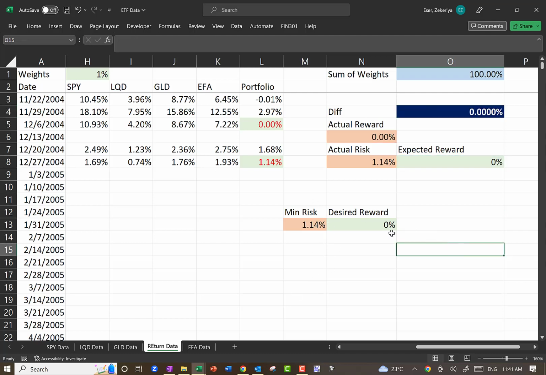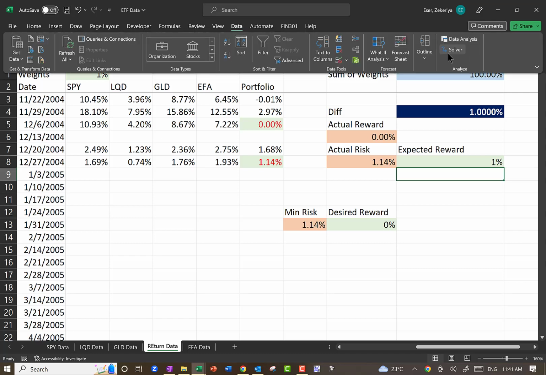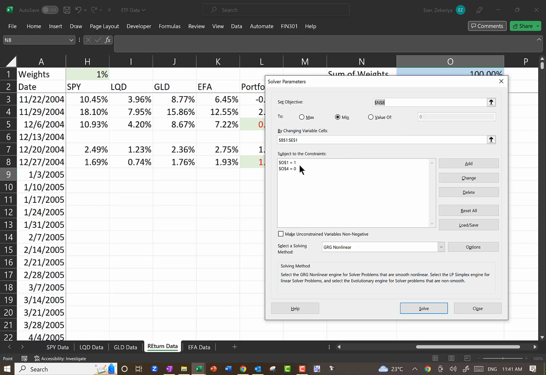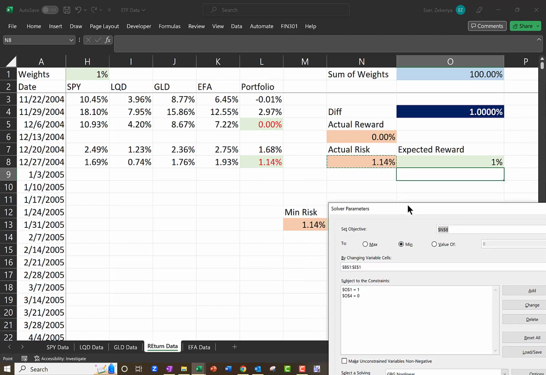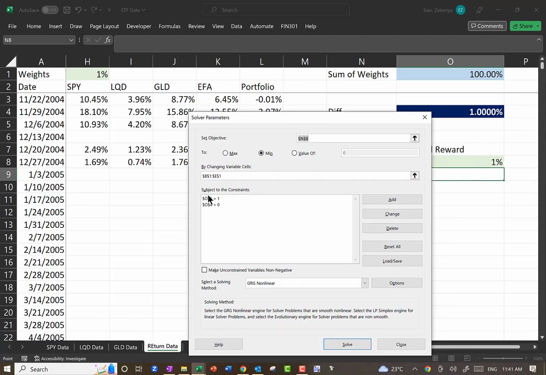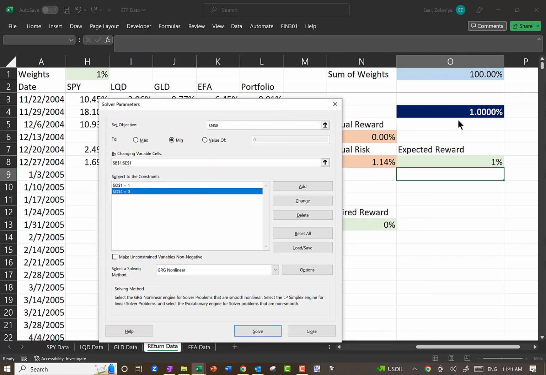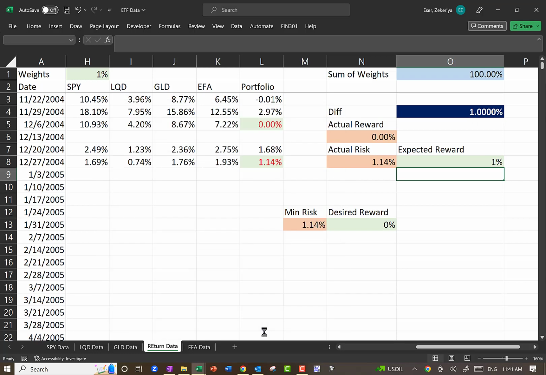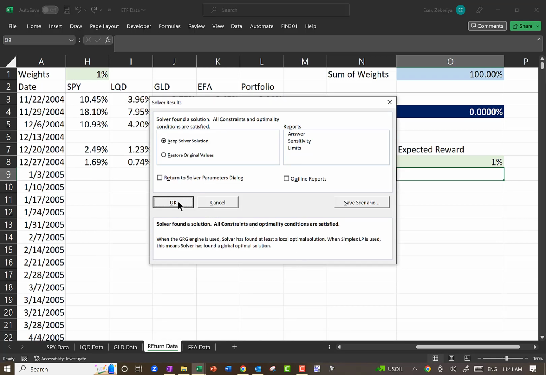All right. Now let's do it for another number. Let's do it for 1%. All I have to do is go to Data, Solver, and let me see. I need to change that. Oh, no, I don't need to change that, because I haven't done anything to the difference. So all I have to do is hit solve again, find the solution,